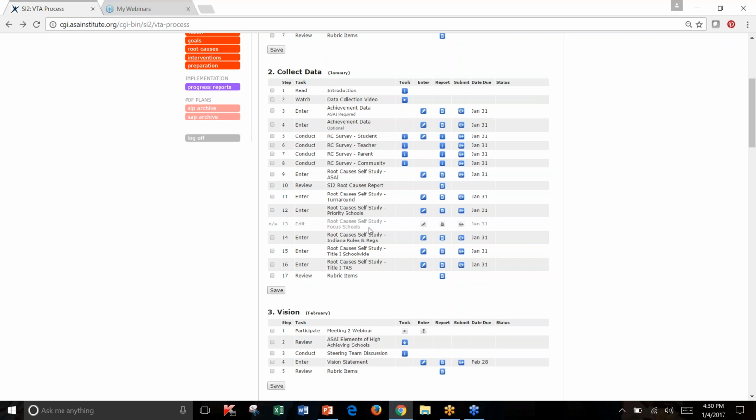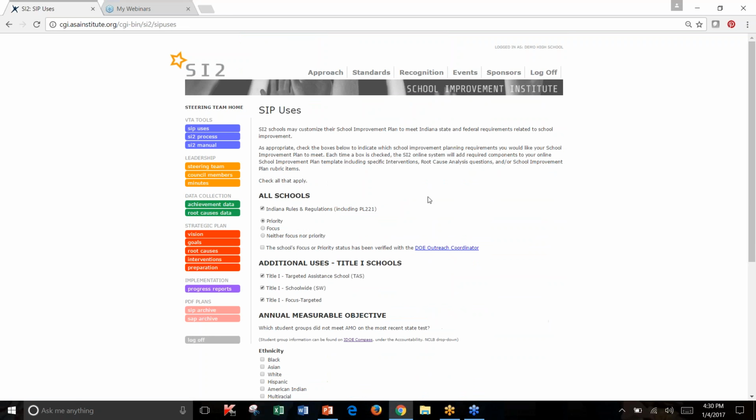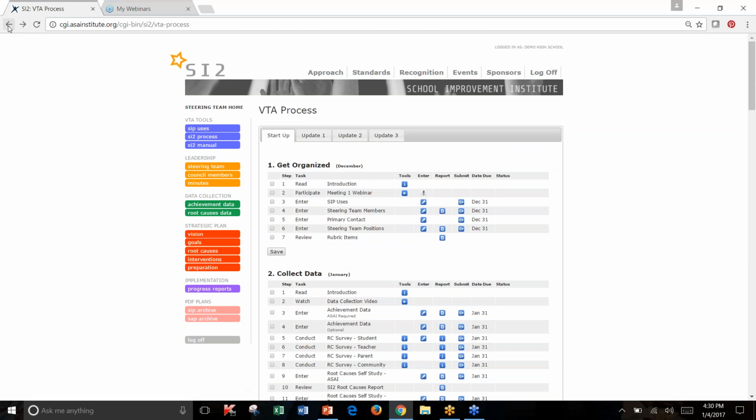We are a focus school. Well, the reason that that is not hot is because when you did the uses tab, you didn't check focus, and so that is not hot. So if you find a problem in there, go to the uses page, and you may need to adjust this if you didn't enter it the way you wanted to the first time. Okay,